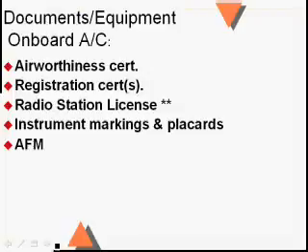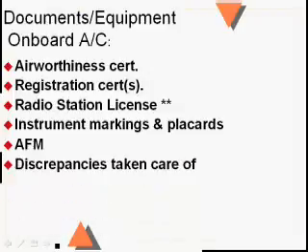Also, if the airplane was built after, I think it was sometime in 1979, small airplanes, that is, it started coming out with approved flight manuals. Big airplanes have had it for a long time. So if you have a small aircraft built after the late 70s, you're going to have an approved flight manual that's specific to the serial number of that airframe. The one you bought at the bookstore is just for reference only. You've got to have the approved flight manual for that particular aircraft in the aircraft. And, of course, I'm sure you get taught to check for that at the flight line.